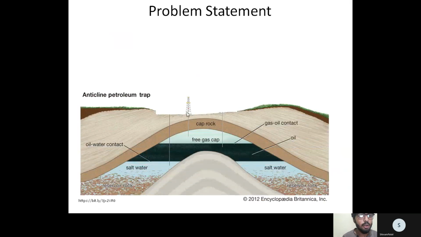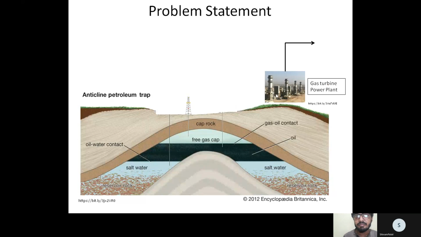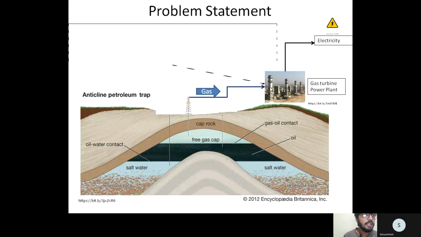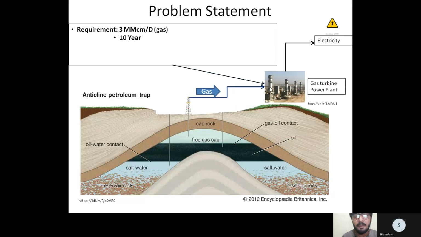As we know, we are producing gas from the subsurface rock, and this is our well. Now we want to install a gas turbine power plant to generate electricity, and for that we require gas. So from this well we can supply the gas to the gas turbine power plant, but this gas turbine power plant has its own requirements. The first requirement is that it requires a minimum of 3 million cubic meter gas per day, and the second requirement is